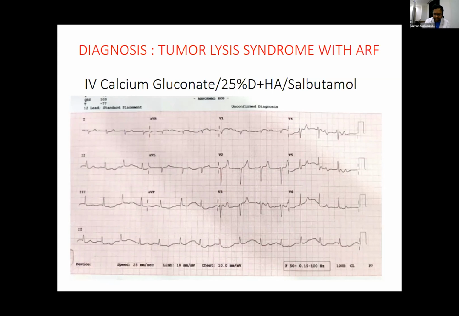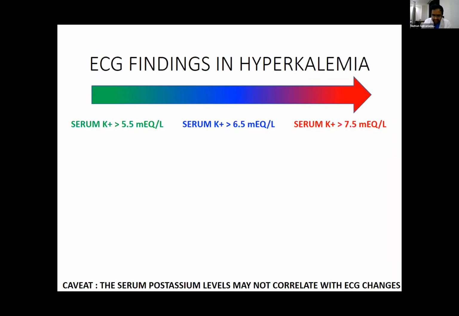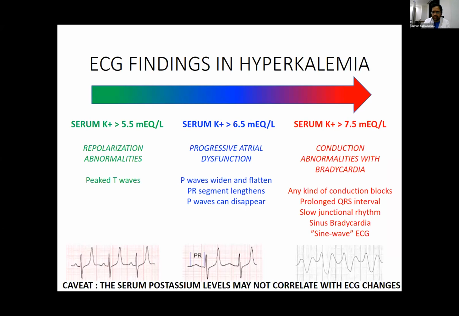And if we have potassium of 8 with these kind of ECGs, despite our corrective potassium measures, we couldn't bring the ECG back to normal. QRS was widening and potassium was still 7.3. So she required dialysis for this renal failure. Just keep in mind that hyperkalemia, tumor lysis syndrome, is life-threatening and you need to rule it out.